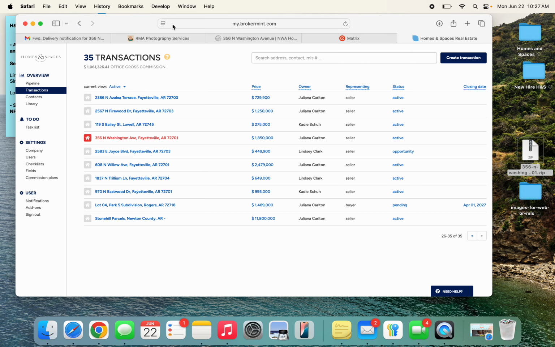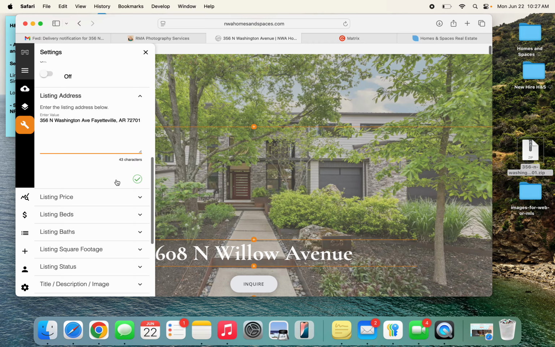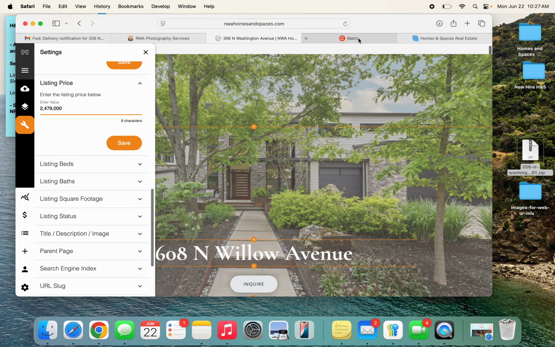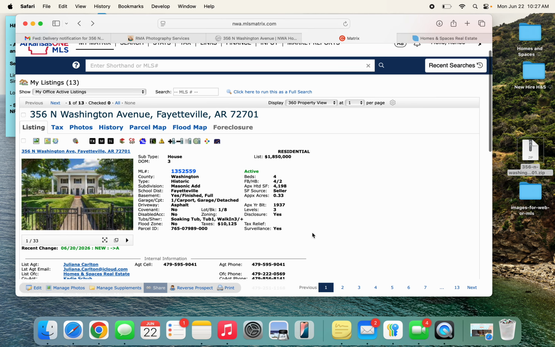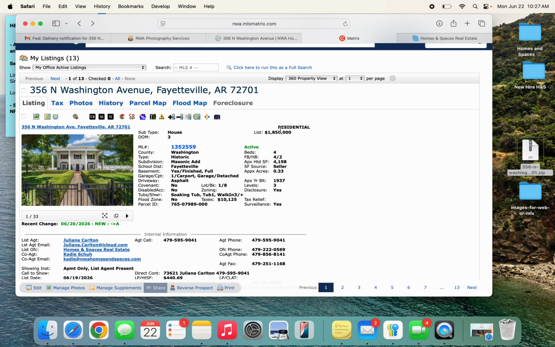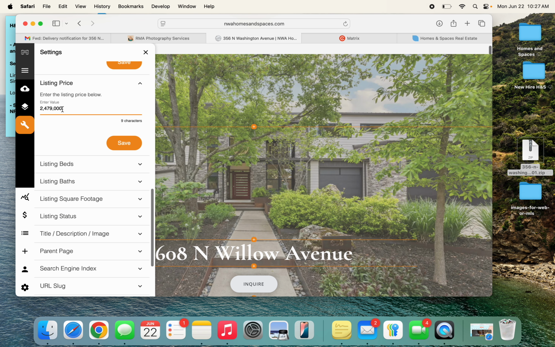It is 72701. Okay, yep. Save, and you're going to click save after everything. Listing price, and this is where I like to pull up the MLS. I pull everything from here that the agent has filled in, so I know that it's correct. So over here,